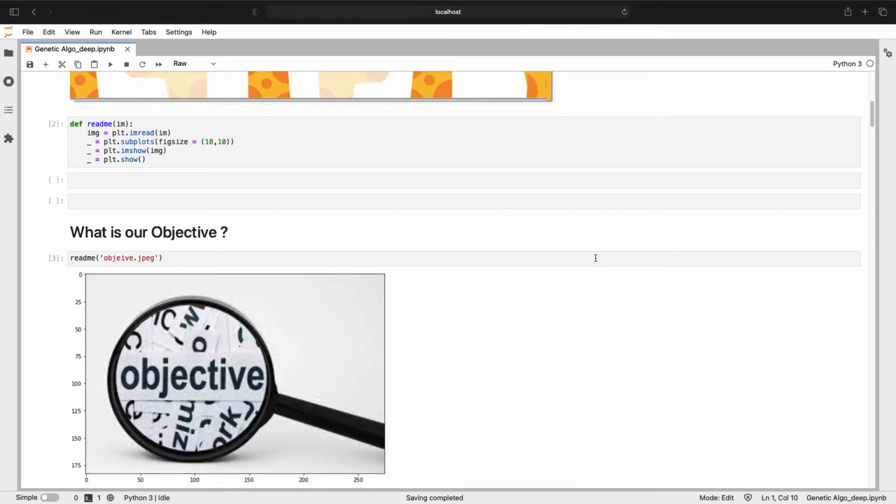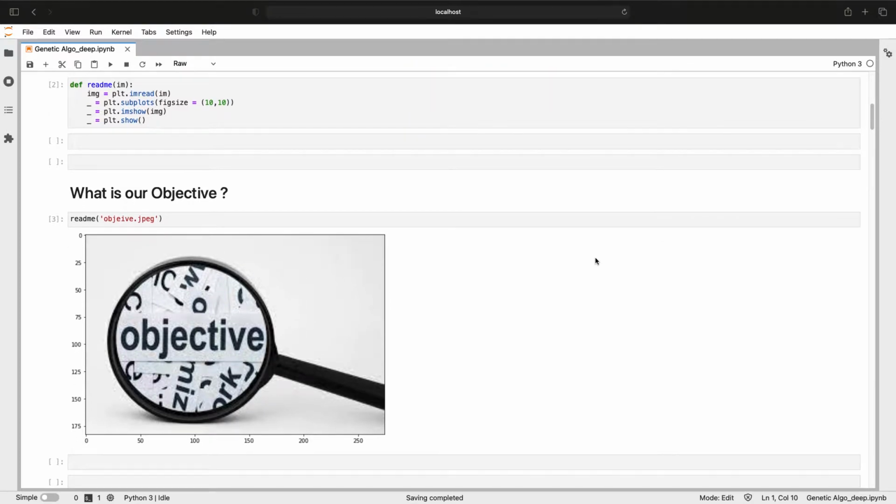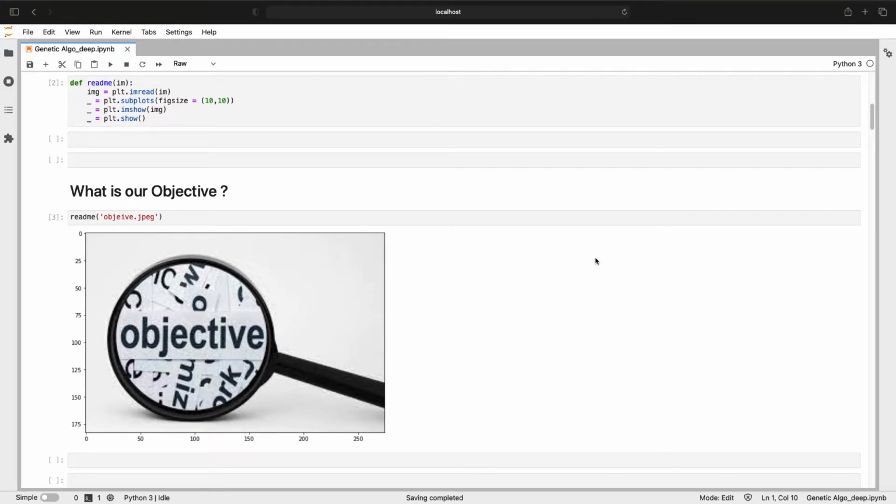So guys, before handling any search related or optimization problem, the first thing we need to know is what our objective is, what we want to achieve from this solution or from this optimization. For example, if we want to optimize our production and sales, we need to know what we are going to do with our production. Is it that we are going to maximize our production and maximize our sales, or minimize our production and maximize our sales? We need to have such ideas to write the genetic algorithm. So the objective needs to be very clear.